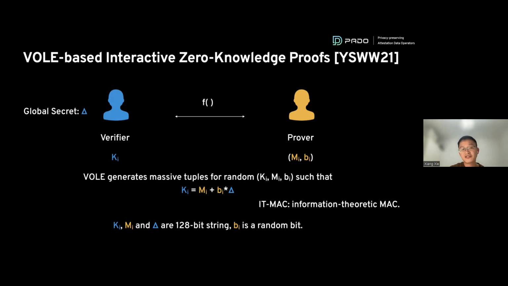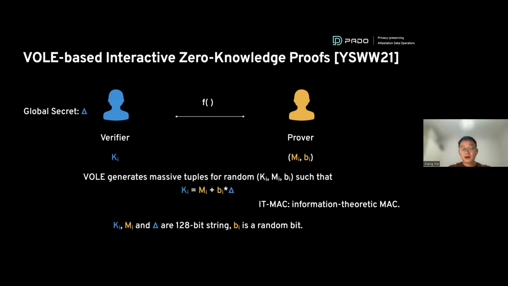The verifier has a key Ki, and the prover will have a MAC Mi for a random bit bi, and all these numbers satisfy this linear equation: Ki equals Mi plus bi times delta. Here, K and M are strings of bits, like 128 bits,